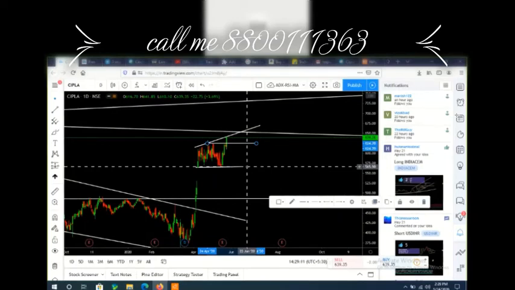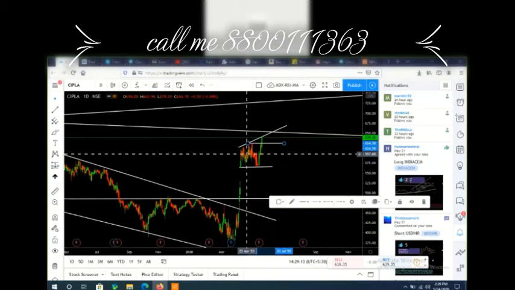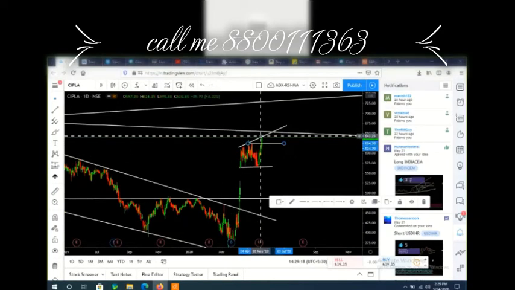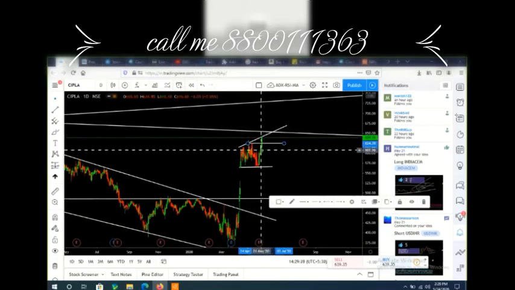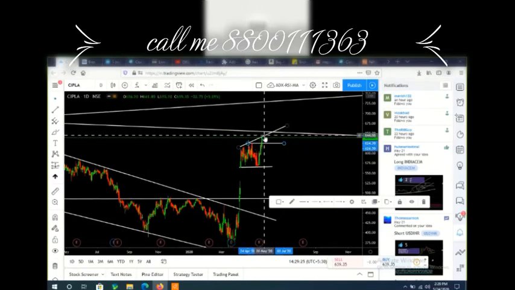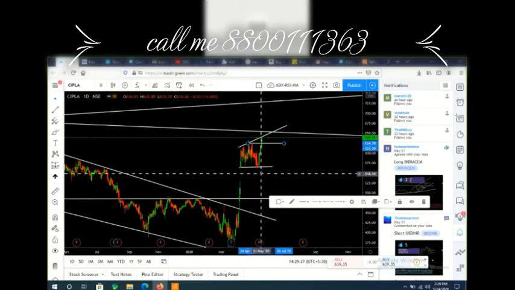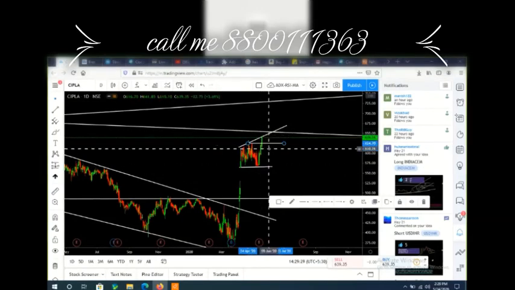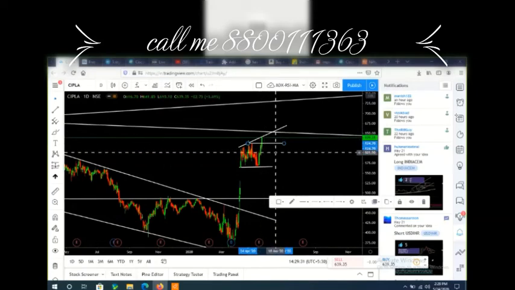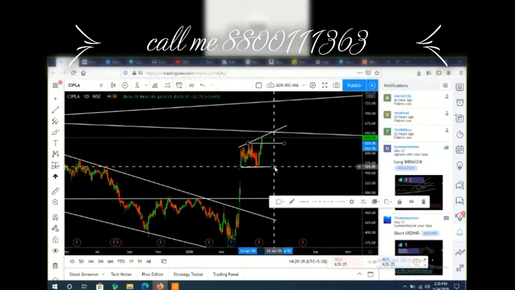Many people, I don't know whether they know or not. This is one of the strategies, because I am able to see there is some resistance. So if I write call and put immediately in this region and hedge it in this region and in this region, and the stock remains here, then I will be in good profit. This is one way to make money by writing call and put both and hedging, with a 20 rupee, 30 rupee difference.